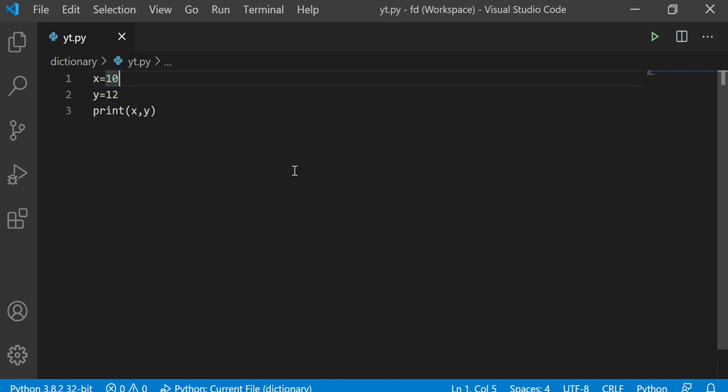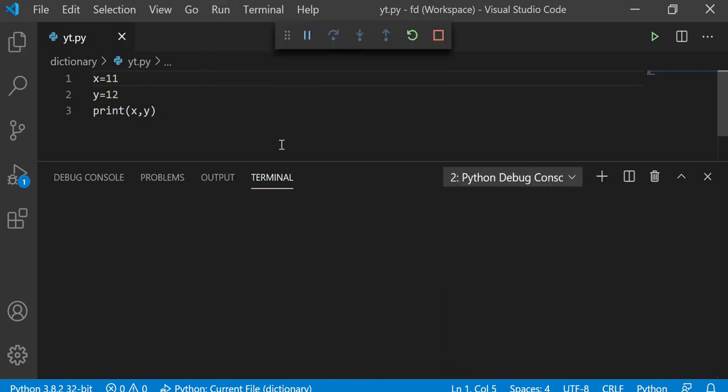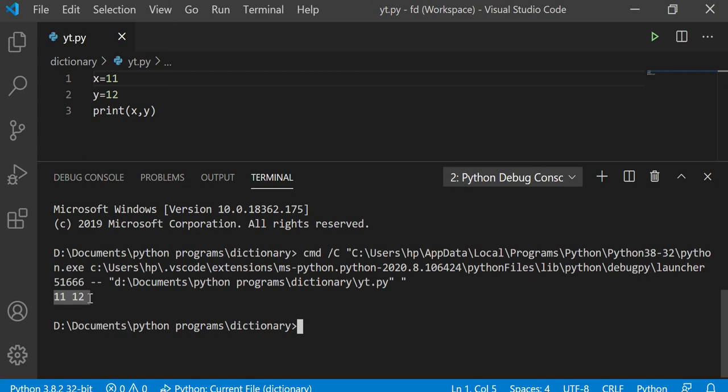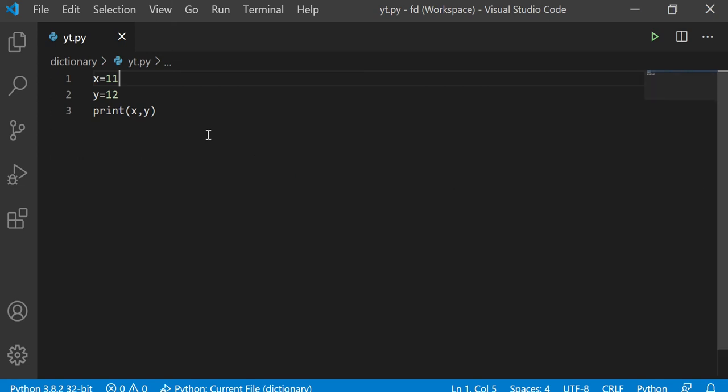As I told you before, variables store any piece of information. Now by changing the value of x to 11 and running this code, we will get 11 and 12. Well, you can put any sort of information in them. Just like I said before, you can use strings and float numbers. By float numbers I mean decimal numbers, numbers which use a decimal point, like 4.3. Here it gives the value 12.